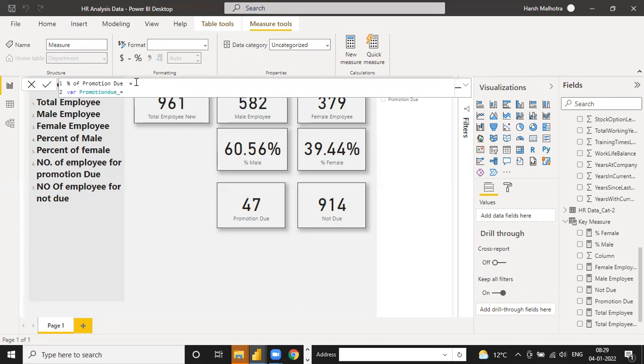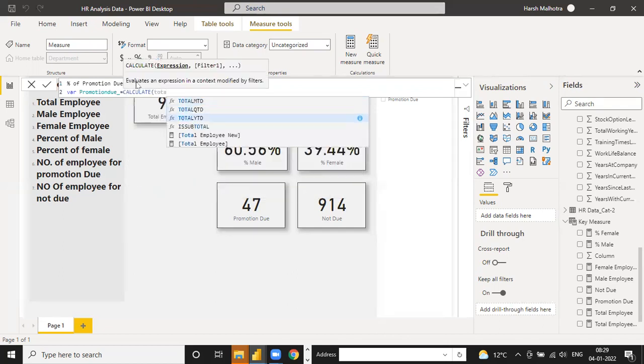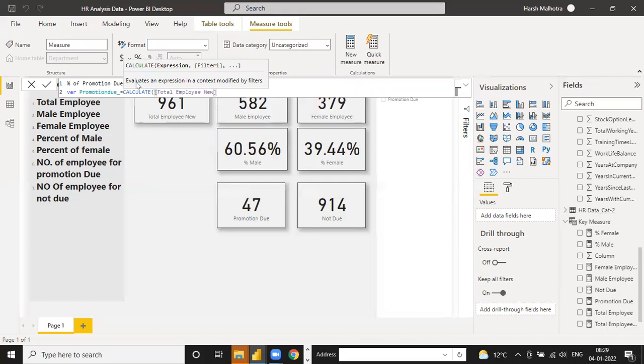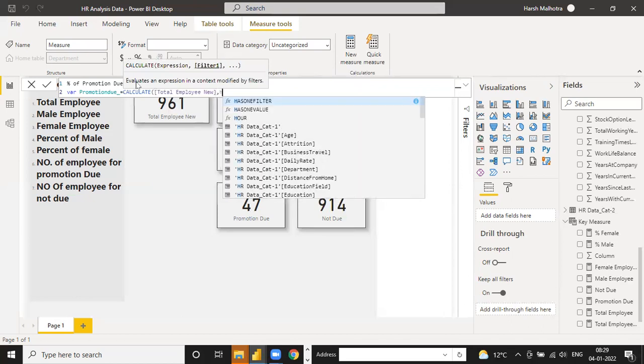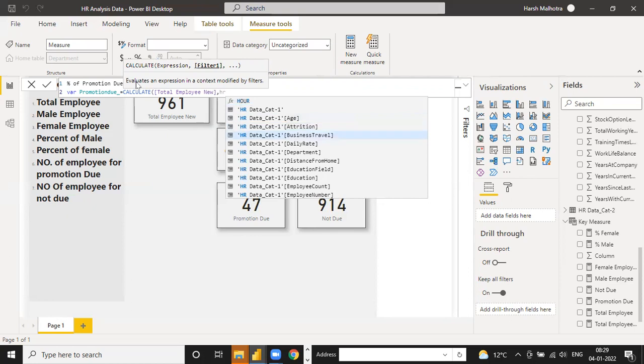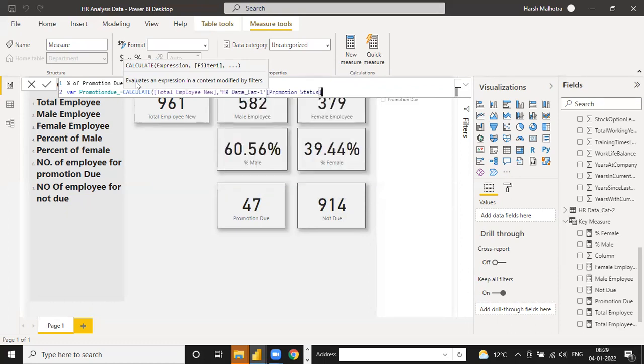Okay, is equal to CALCULATE, FILTER, total employee, HR data of this promotion status, promotion status is equal to promotion due. Close this column one by one.